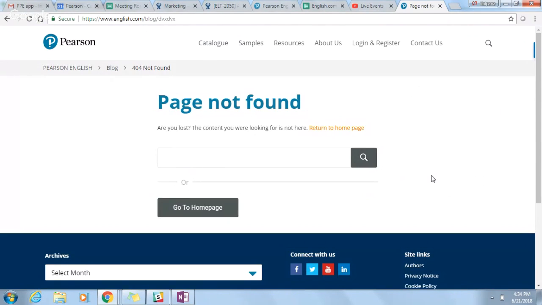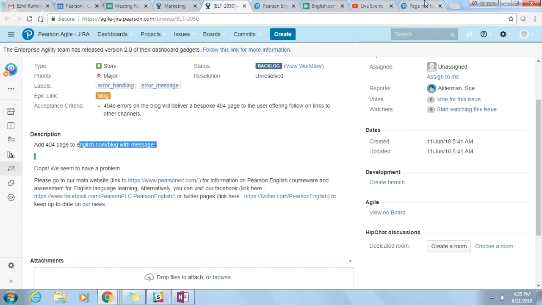No, keep the search. What does my message say? Does it say anything about search? So you can keep that, and keep or go to homepage can remain as well. Okay.